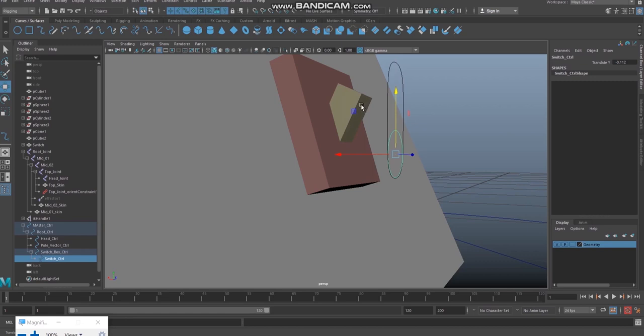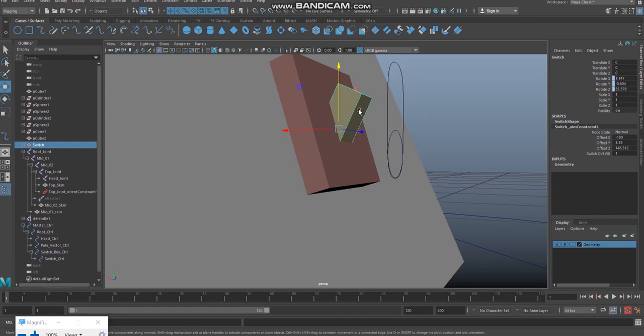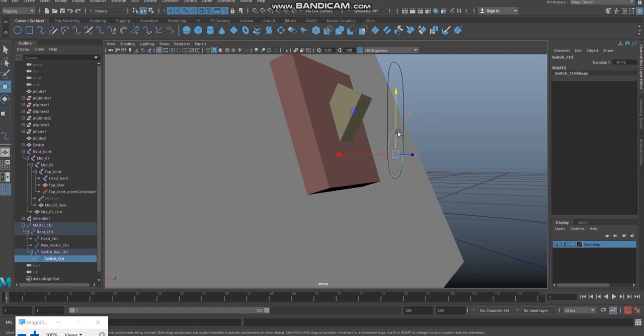This switch is aiming at the movement. The rotation of this switch is connected to the movement of this control, so its aim is to follow this control wherever it is going. Okay, so that is applied very well, but I am facing one problem.